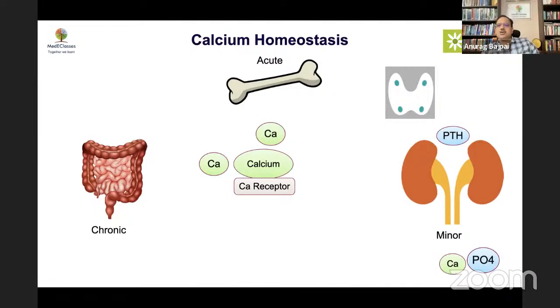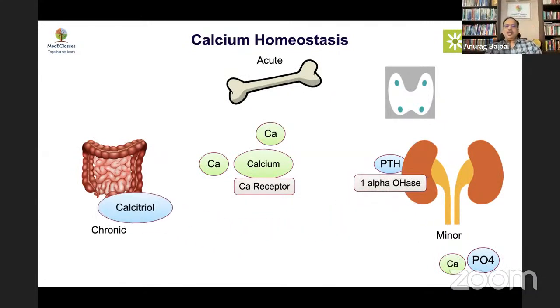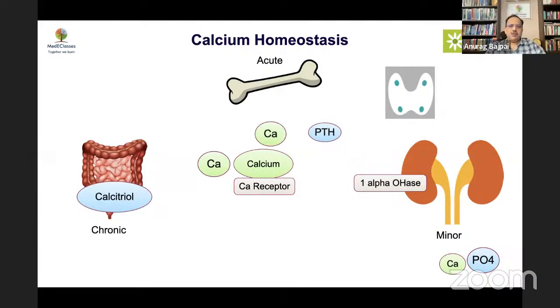However, the major role of PTH in calcium regulation is in fact the activity of 1-alpha hydroxylase, which is stimulated by it, resulting in production of calcitriol, which is the only hormone which regulates calcium absorption via the intestine. PTH also has an effect on the bones. It allows the calcium to come out from the bones. So PTH basically is a hypercalcemic hormone, and it acts in synergy with calcitriol.